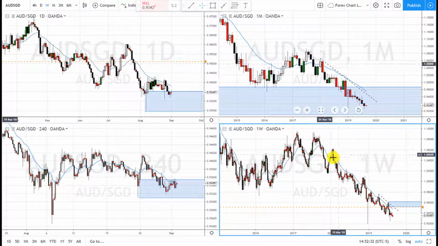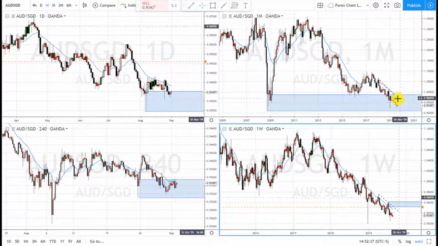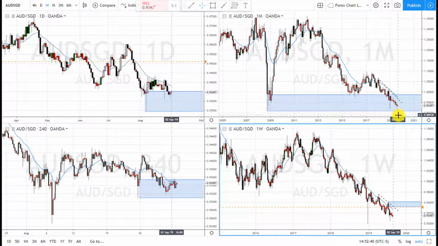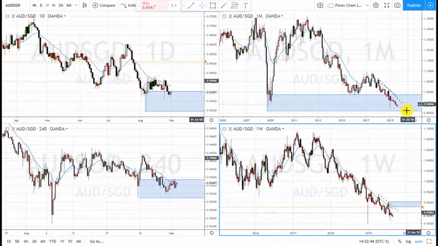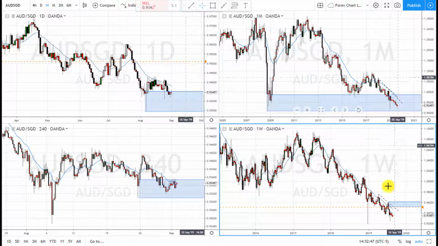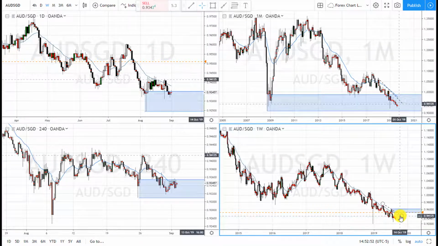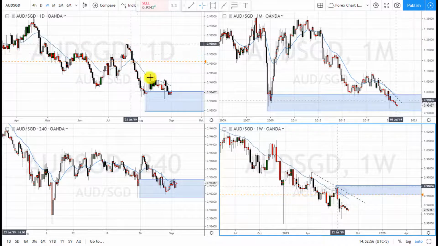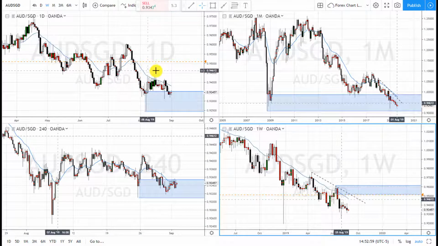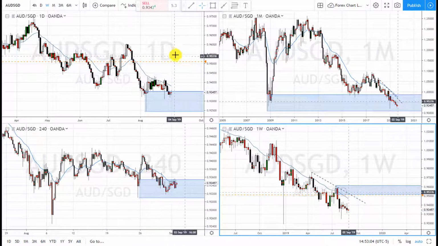So monthly is in a downtrend, weekly is in a downtrend with monthly area demand and control, but it's penetrating deeper. I expect this to be removed, but even after it's been removed, then we can go short after this area has been removed, and same with the weekly. Otherwise, since the daily is consolidating right now, it's not going any lower, it's consolidating. If it does make its move back up, then you can buy